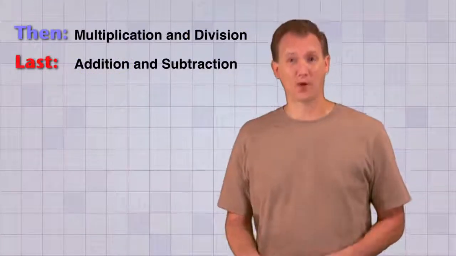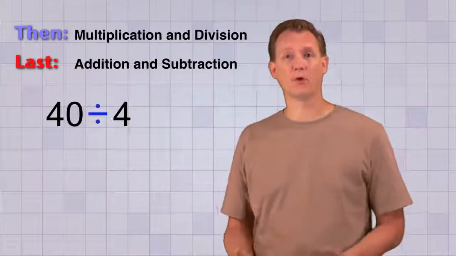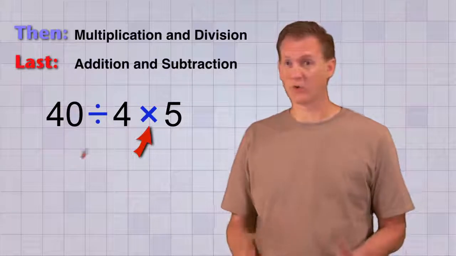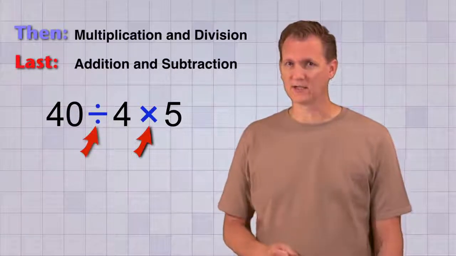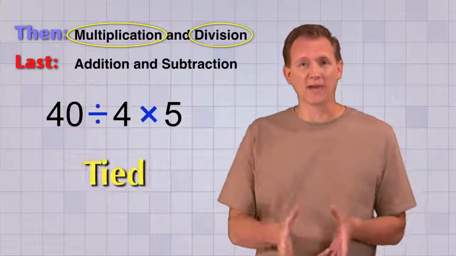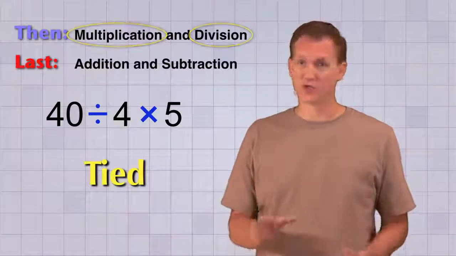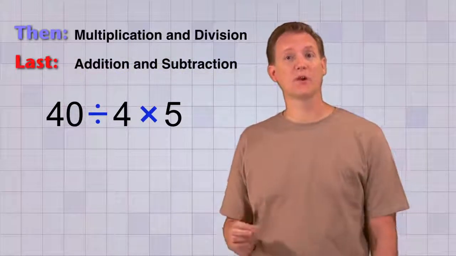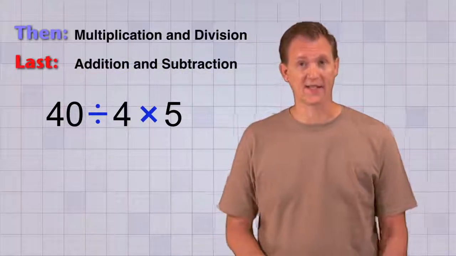And here's one last problem. 40 divided by 4 times 5. Which do we do first, the multiplication or division? Our rules don't tell us. Well, that's because multiplication and division are tied for priority or importance. So are addition and subtraction. And that's the reason we need an extra part at the end of each of these rules that says